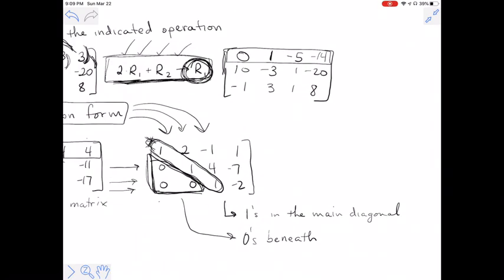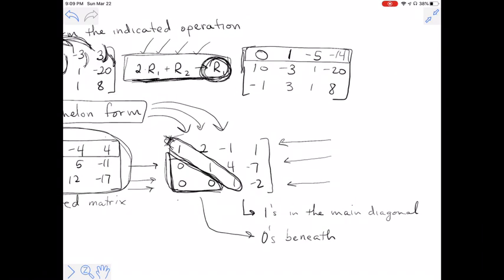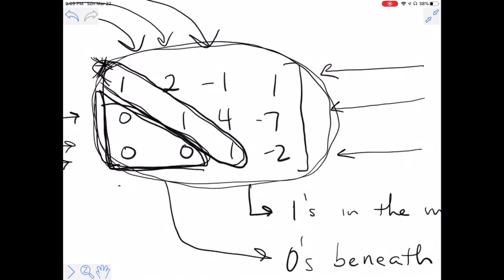And the reason it's so vital, it's called reducing a matrix to row echelon form, is these rows still represent equations from the system of equations that we originally started with. So remember, for example, this augmented matrix started as a system of equations. We performed elementary row operations to change the matrix into this form, but it still represents a system of equations. And this bottom row now, if I were to highlight this bottom row,